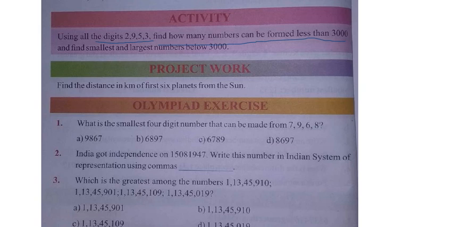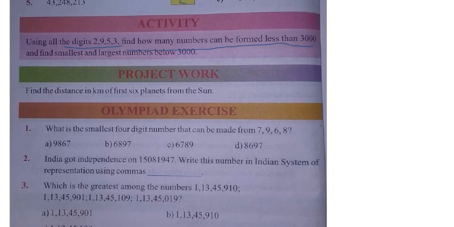If you want to form a number less than 3000, what should the first digit be? Less than 3. Yes or no? Yeah, the first digit is what, guys? If you want to write any number less than 3000, you have to start with less than 3 only. So how many digits here are less than 3? Only one. So your first digit should be 2 only. Your first place is fixed. The next digits you can shuffle, in as many ways as you can write.